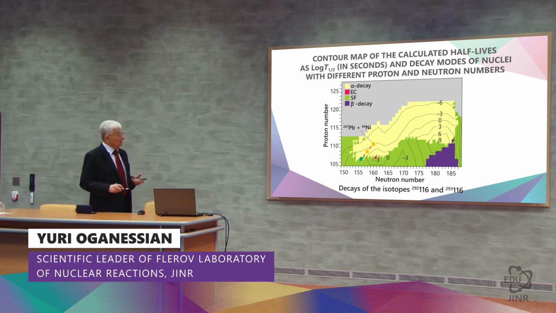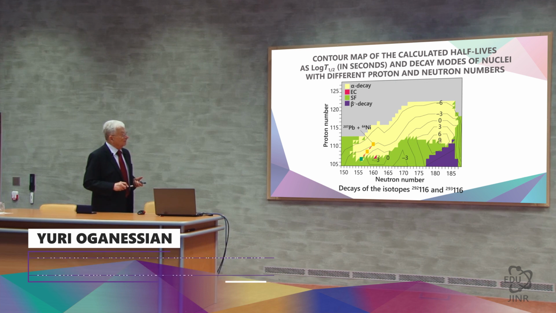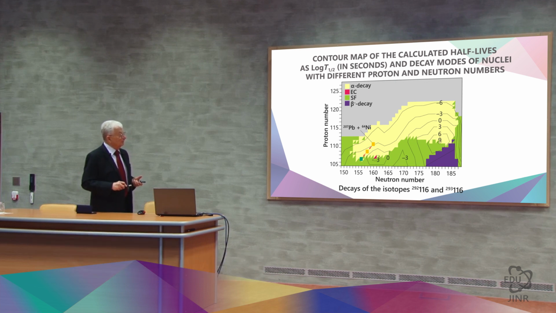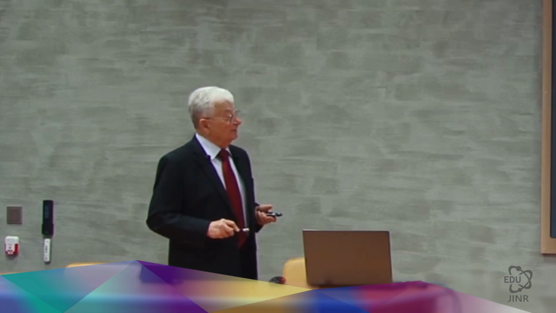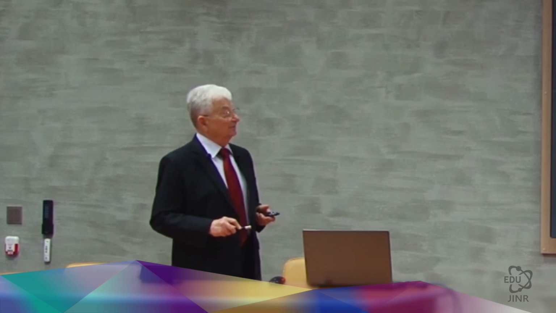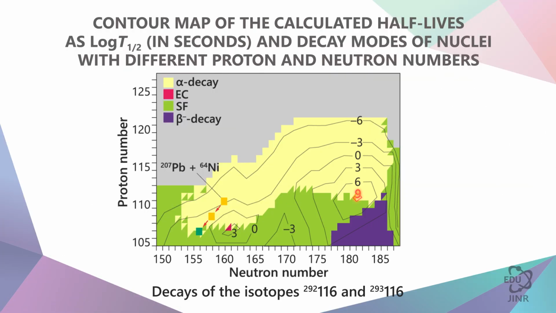The theory predicts that where there should have been no elements and isotopes according to the classical liquid drop model of the nucleus, and taking into account the effect of nuclear shells, some islands of stability appear where the lifetime of nuclei significantly increases. If we leave the island here, then it is 10 to the power of -6 seconds, microseconds, milliseconds, seconds,